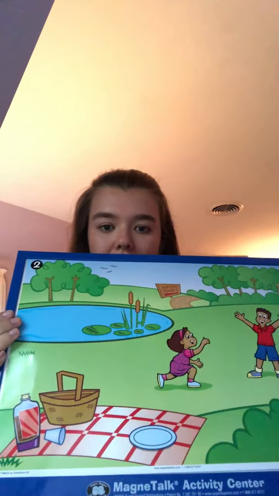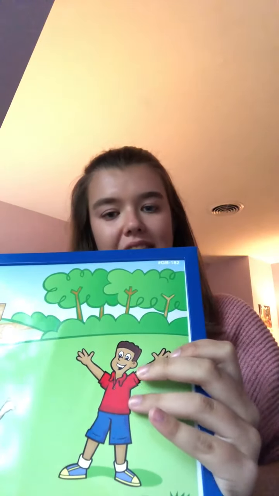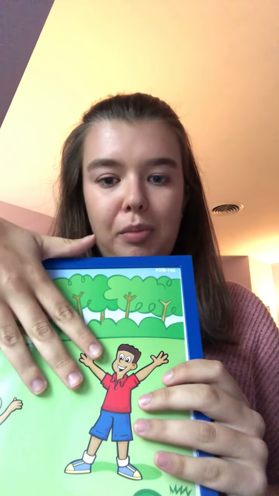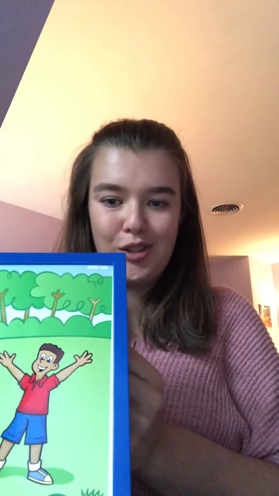So I have one picture scene here, and then on the other side I have the very exact same picture scene. So if I were to place it on the table, the side that's facing me would be my board, and the side that you're looking at would be the other player's board that I'm playing with. So I'm going to give you guys, let me just get my magnets, some examples of instructions that you can